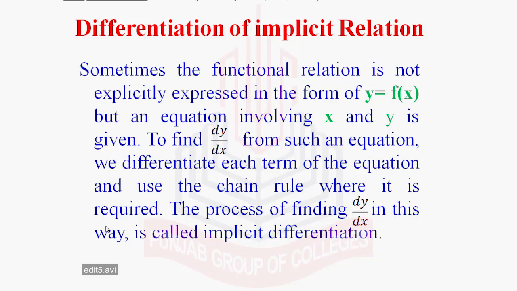Now our next article, or next question, is related to the differentiation of implicit relation. As we know from chapter number 1, and now this is again a little bit simplification of implicit relation, sometimes the functional relation is not explicitly expressed in the form of y is equal to f of x. That means, as we discussed in exercise 2.3 or question number 1 in exercise 2.4, that we have y is